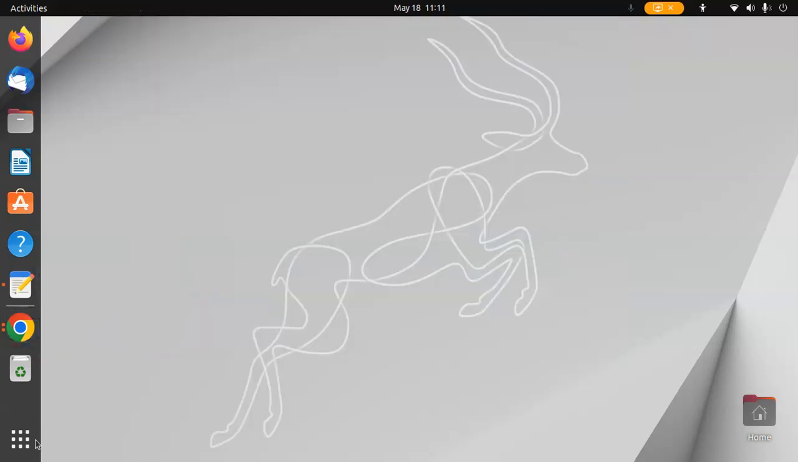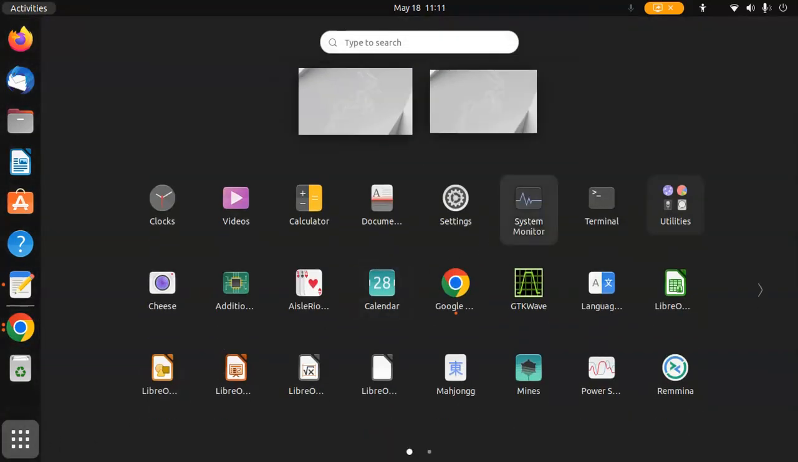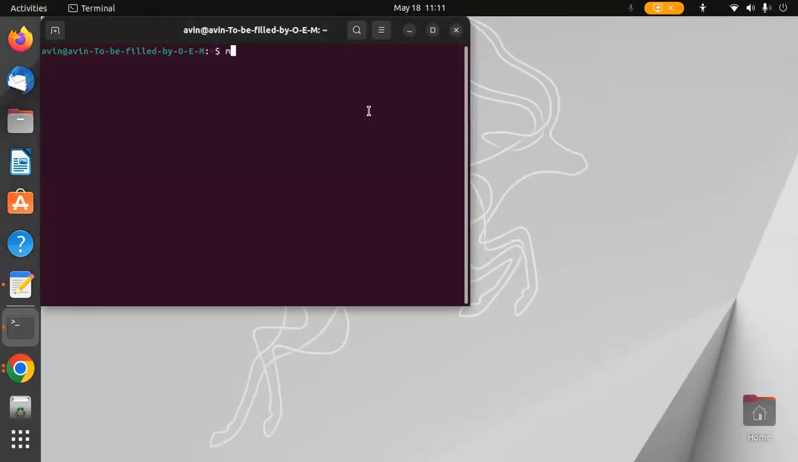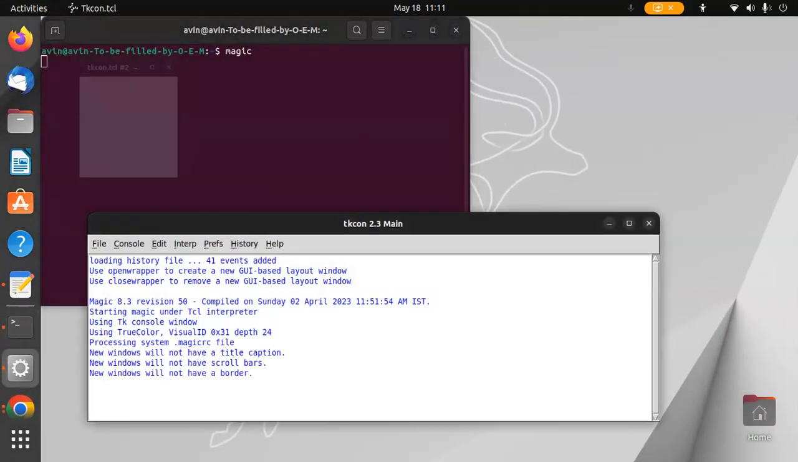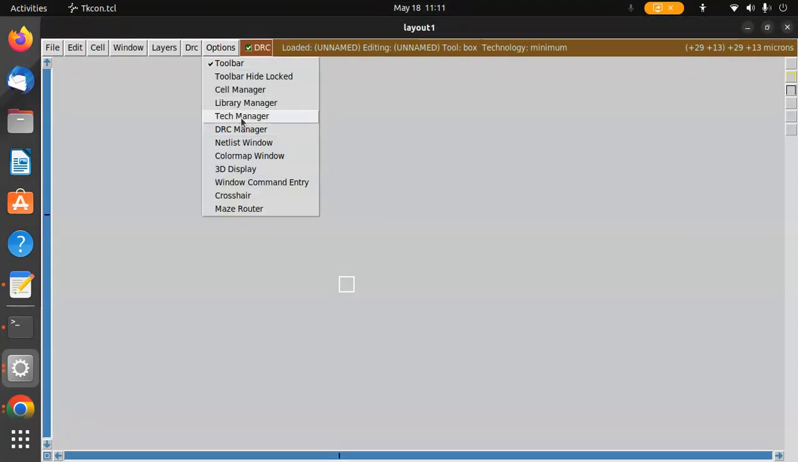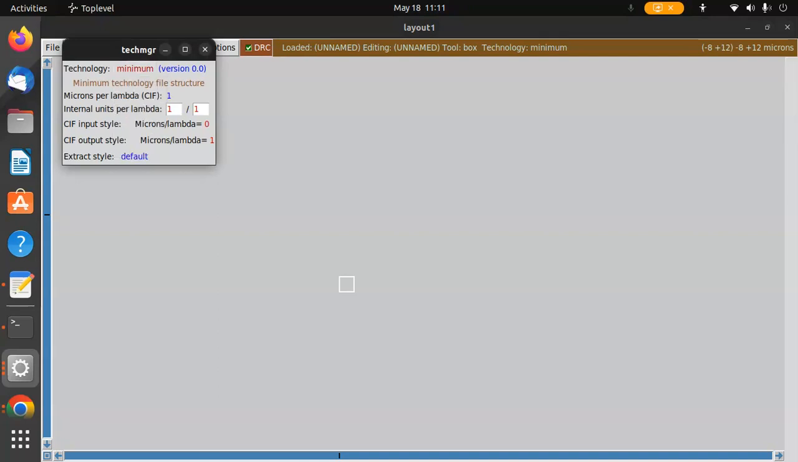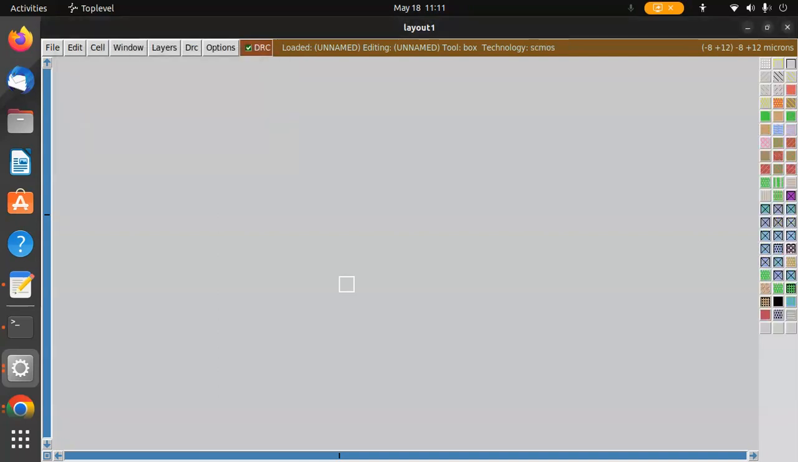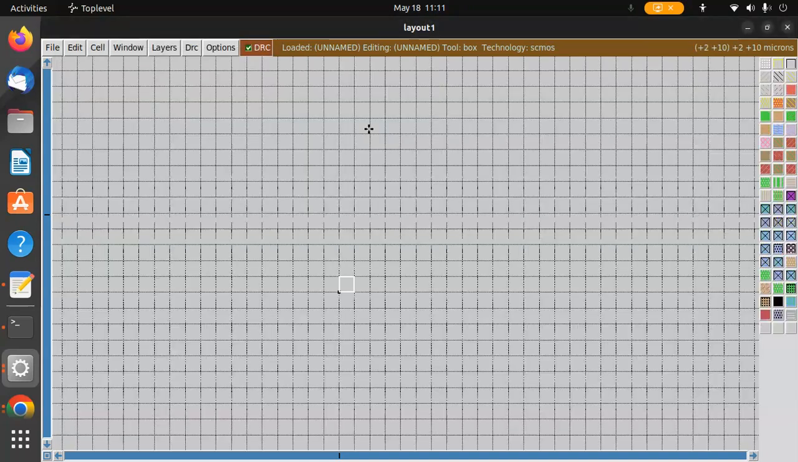Okay, in this video, we're going to look at designing an inverter layout using the Magic tool. Just type Magic, and you have the window open here. Go to Options, Tech Manager, choose SCMOS as your technology, and press G so that you have the grid open. Here, left click of the mouse is used for moving the cursor, and right click is for selection,